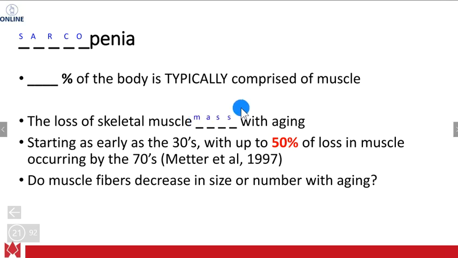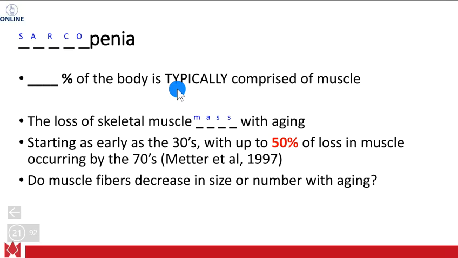Loss of muscle mass. Typically, we know that a large percentage of the body is composed of muscle. Sometimes you'll hear this as muscle mass, or some people refer to it as lean mass or lean muscle mass. Certainly, you could take the body and derive a fat percentage. So if someone was 10% fat, they would be 90% lean mass. Although that's somewhat misleading because you have the weight of the organs and bones and other things like that,